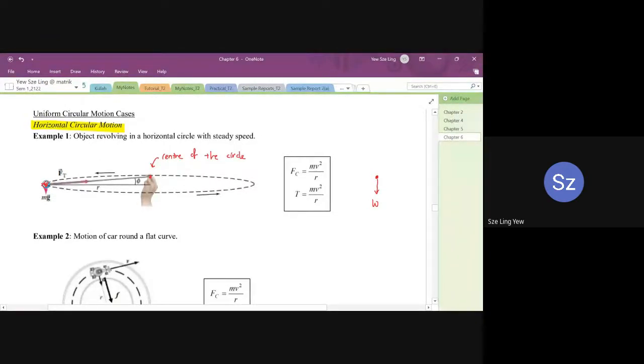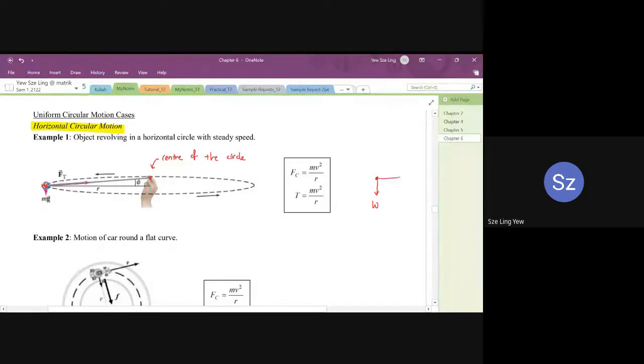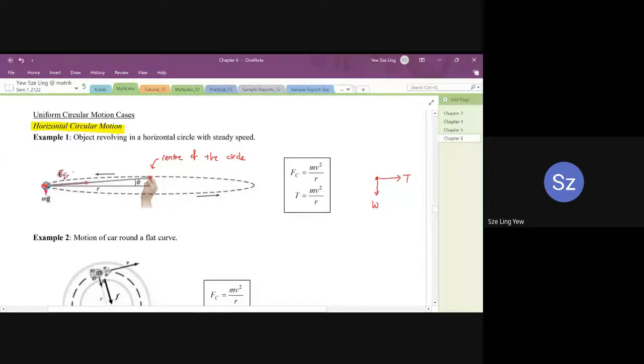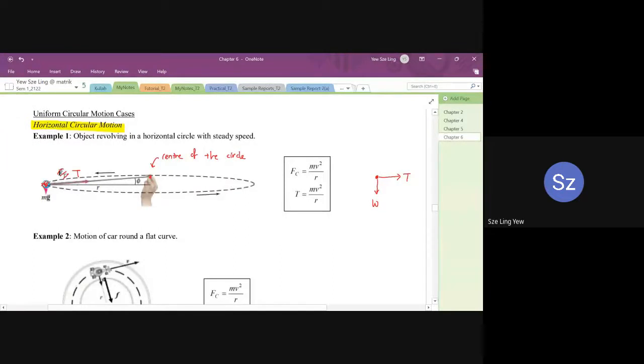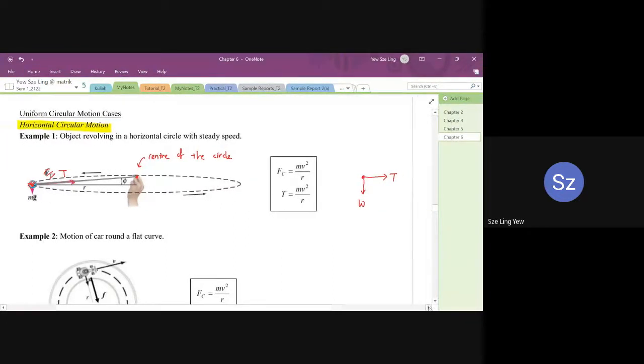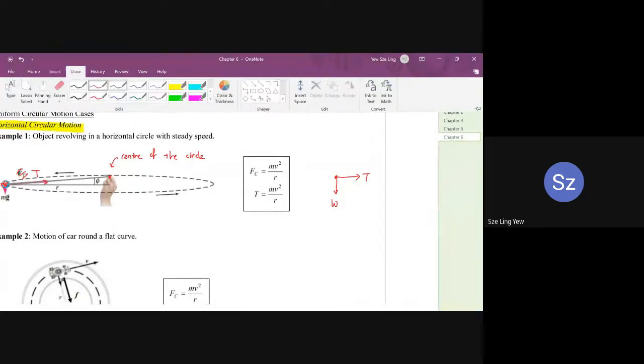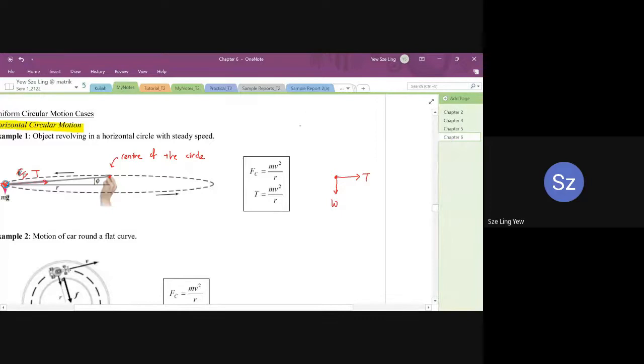So in this case, I have a tension that is pointing towards the center. This Ft actually is a tension, so I change the symbol to T. So tension is pointing toward the center. What are we going to do now? Now that I have this diagram, the first thing I want you to do is state the directions of